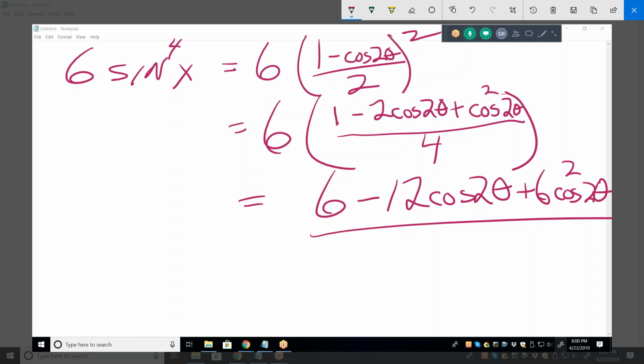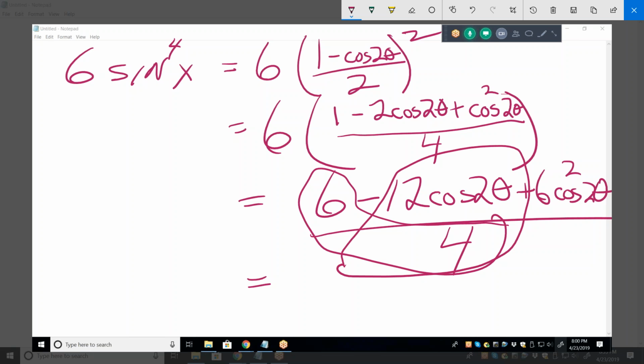I still have a 4 in the denominator. Now I can simplify. I can do a couple of things. I can split it into 3 fractions like this. It's 1 fraction minus that fraction plus that fraction. Okay? And what that gives me is 3 halves, that's 6 over 4,